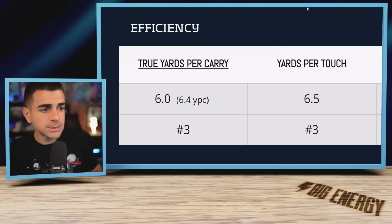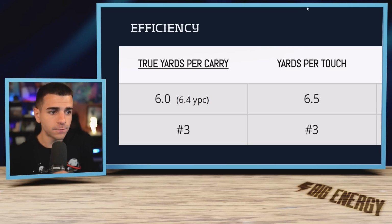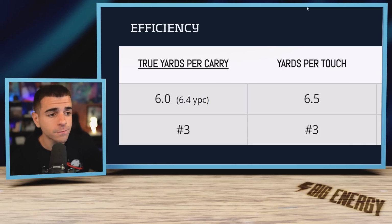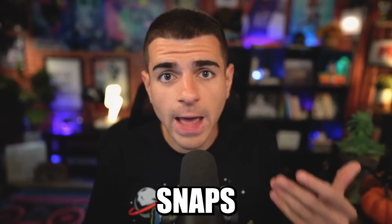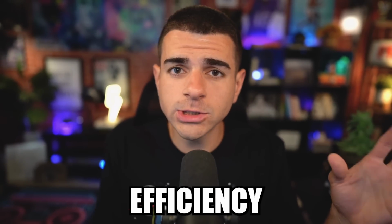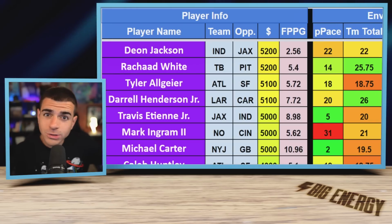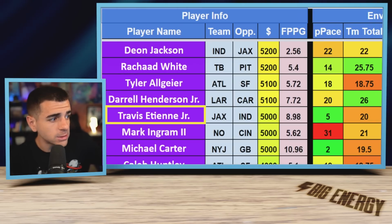You see, Aaron Jones is top 3 right now amongst all running backs in efficiency, and when you take out a couple of running backs who have a smaller sample of touches and snaps, he's actually the #1 most efficient running back through the first 5 weeks of the year. And now if his potential snaps and touches are going to increase with this great efficiency, a breakout is nearing. So play Jones, and then also consider the $5,000, somehow just $5,000 on DraftKings, Travis Etienne this week, who had